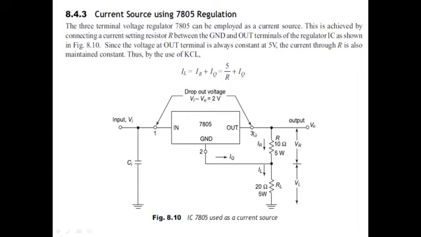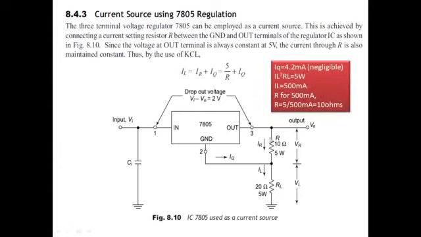Now, the output voltage delivered by the 7805 IC will be 5 volts. That 5 volts will be between the output and the ground pin of the 7805 IC. Here, since the two resistors are connected in series, the output voltage in this circuit will be equal to VR plus VL, the summation of the voltages across both the resistances. Okay, so now we have to determine